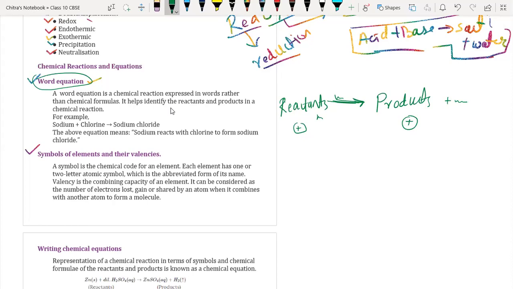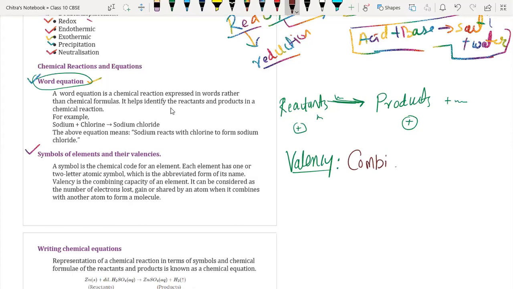Now, what is valency? Anybody have any idea about valency? Sir, combining capacity of an atom. Yes, it is nothing but the combining capacity. The number of electrons which are needed to be fulfilled in the outermost shell of an atom. Sir, present in the outermost shell. Okay, no, not present. On that basis, we are determining the valency.